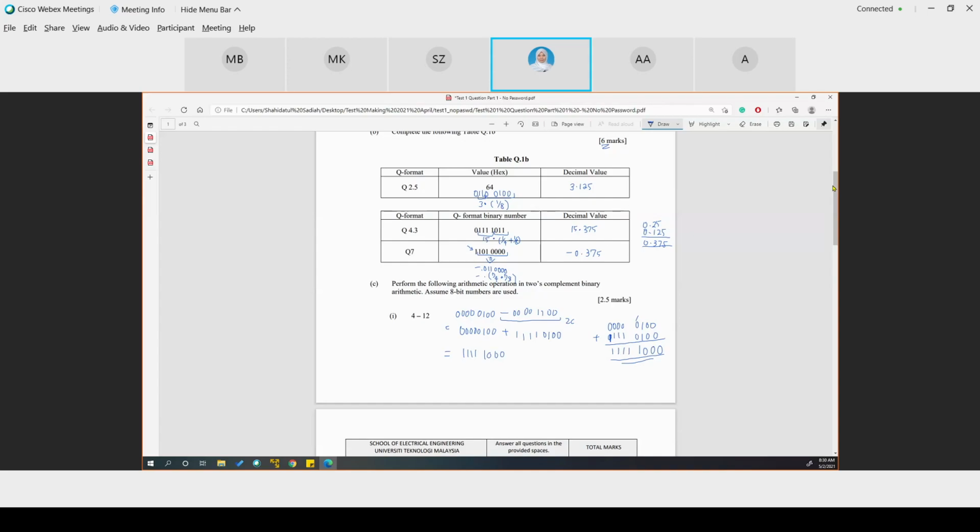And this is minus 8. Right. So the conversion part is 1.5 and the final answer is